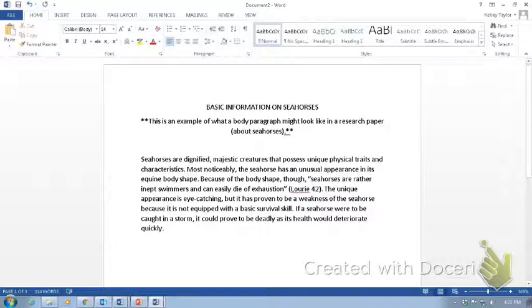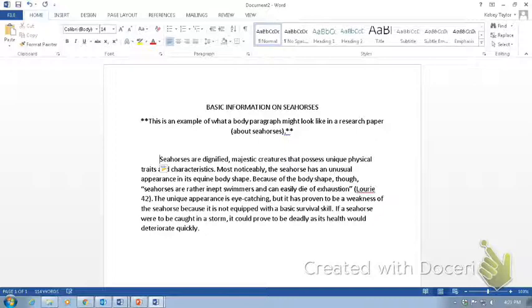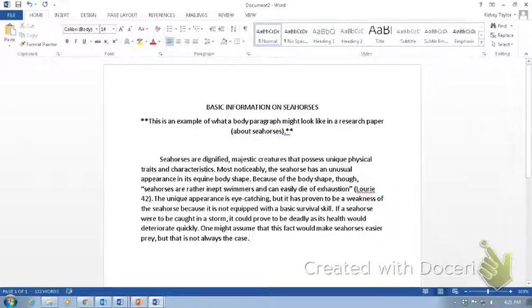I'm going to take this further because to me this is too short. It's not developed enough to be one body paragraph by itself. So I'm going to take this a little bit further, and I'm going to say one might assume that this fact would make seahorses easier prey. Well, hold on. But that is not always the case. So I'm gonna transition, always the case, to